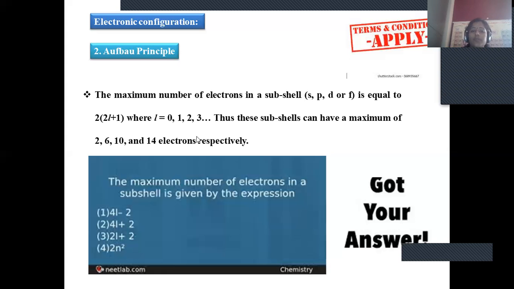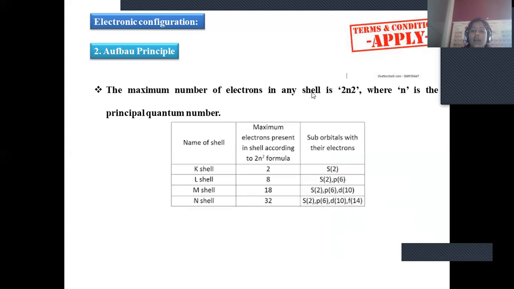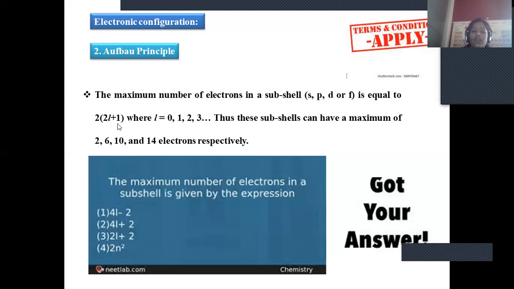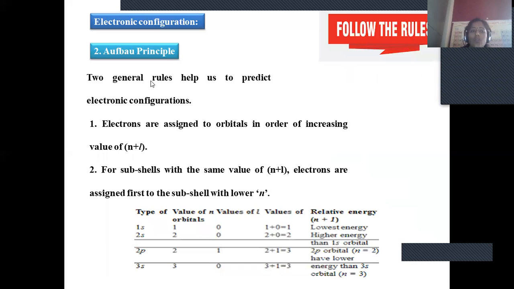So in this way, the Aufbau principle can be employed based on these two rules. One is that the main shell will be given with 2n square. The subshell will be given with the 2 into (2l plus 1) formula. These two rules should be applied in order to obey the Aufbau principle. Now, in the Aufbau principle, one more consideration is there, the n plus l value. Just now we discussed that lower energy will be filled first, later higher energy will be filled. How can we denote lower energy and higher energy? That is based on the n plus l value. n is the principal quantum number, l is the angular momentum quantum number. Based on these terms, you can fill the orbitals with electrons.